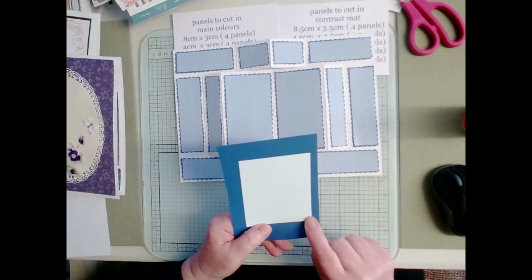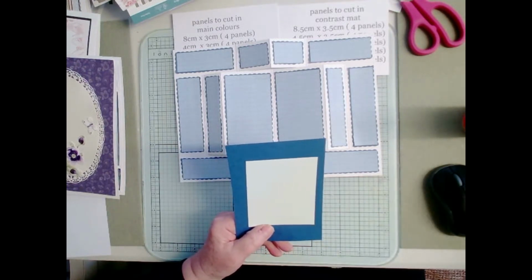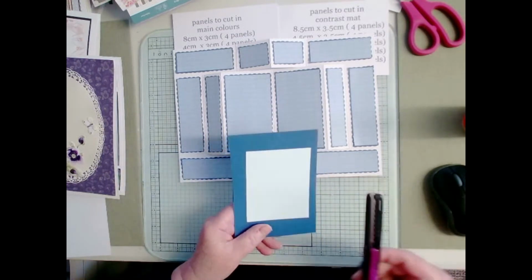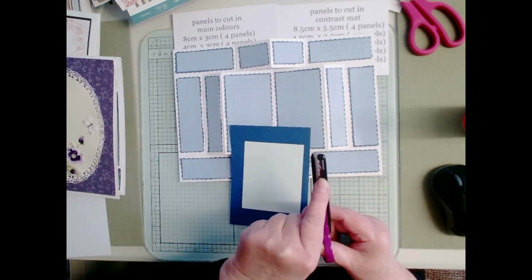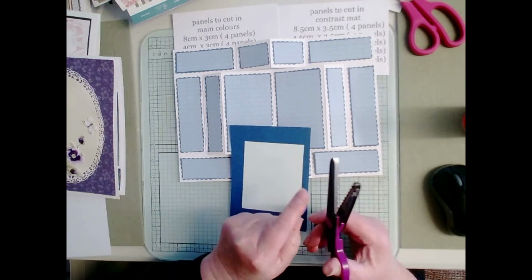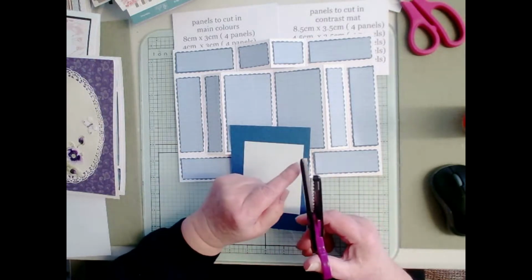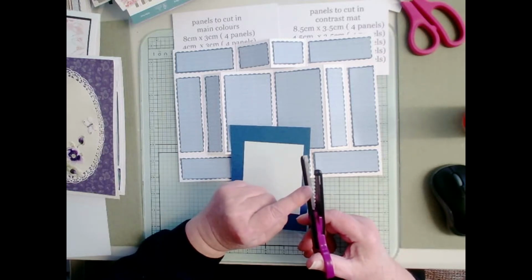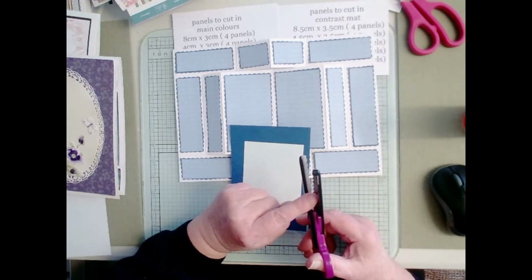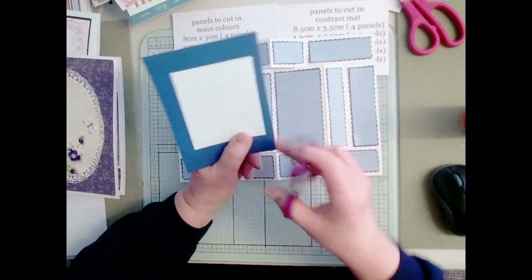Now, I said that I only ever do the inside panel, which is these main ones. Now, I have stuck that on, and the thing to remember is that if you're cutting with fancy scissors, you need to leave that amount of card around whatever you're cutting, because the scissors need that to hold on to. Most people turn around and they say, my scissors are no good because it shreds the end of the paper. It's purely that it hasn't got enough to hold on to. Some of my scissors are the cheapest you can get, and they are still beautiful. So I've left enough